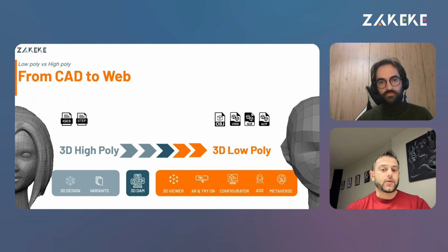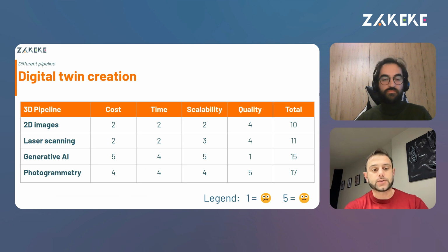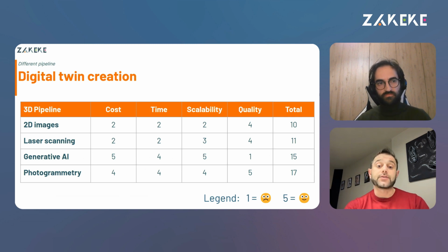And to do that, for example, we are implementing a platform that can automatically convert 3D from high poly to low poly, sorry. And sometimes we need to design from zero. So it's not possible to design and have all the 3Ds inside your company. So sometimes we also need a different pipeline, a different approach. So when we advise a company on approaching the 3D transition, we advise using different pipelines and